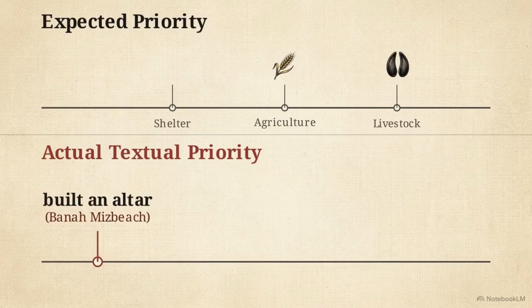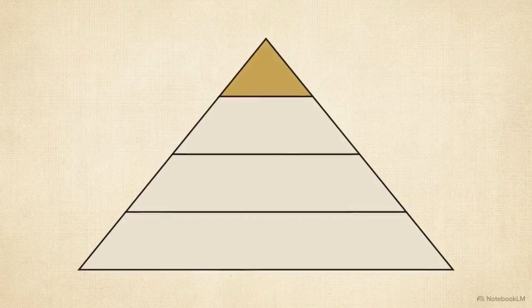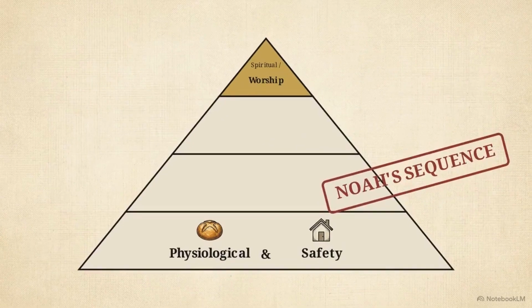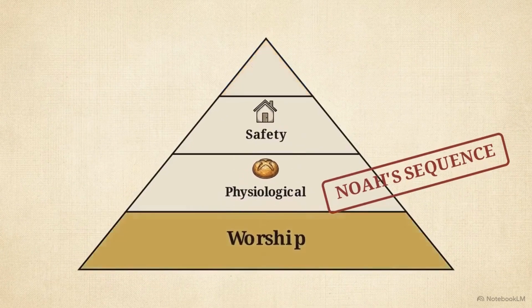Noah's first recorded action bypasses every immediate physical necessity. He builds an altar, a mizbeh. Modern psychological frameworks like Maslow's hierarchy suggest that humans must secure physiological safety and food before they can attend to spiritual needs. Noah's sequence places worship at the very bottom of that pyramid, making it the most basic requirement for